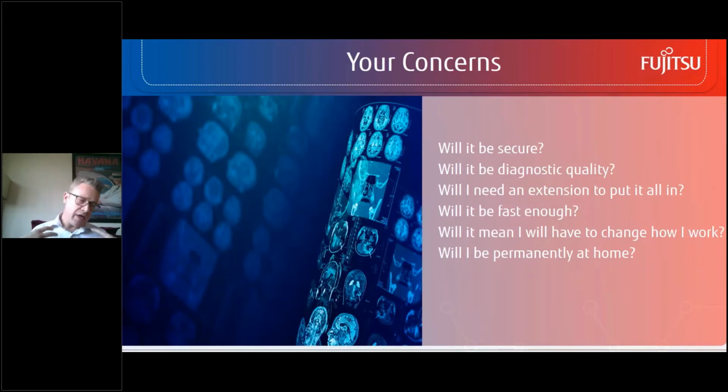It took me 6 months at Guy's to understand the difference between viewing an image on a browser and viewing it in a warranted way with the diagnostic certificates that are needed. So I know reporting has different demands than viewing or second opinion. So we will not